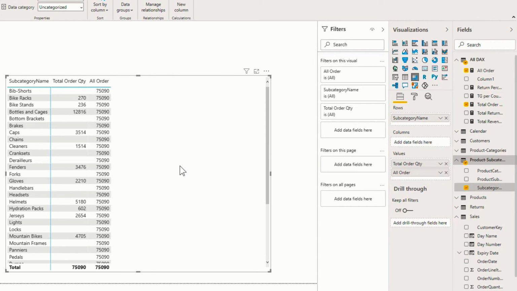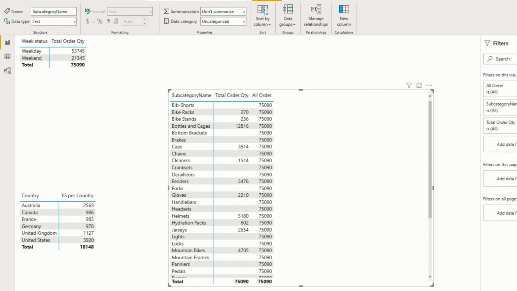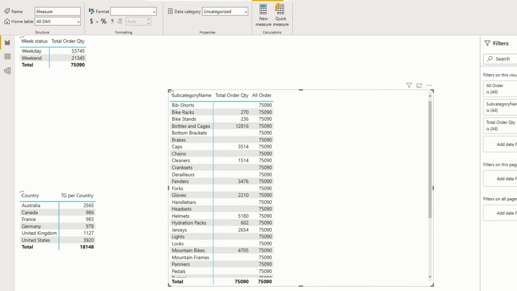Now this All Order will be used just as a bridge to calculate the order percentage for each category. So let us now calculate the percentage. For that, I'll add a new measure, and I'll call this Percentage of Order.